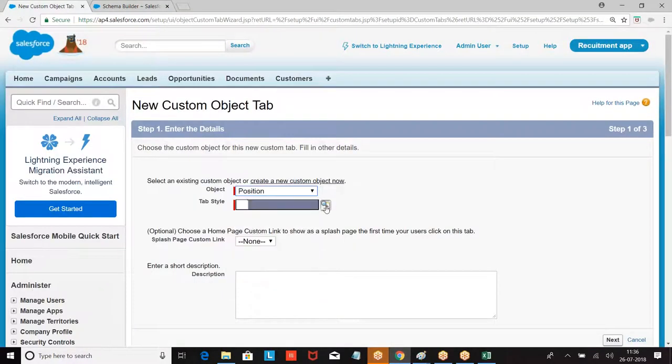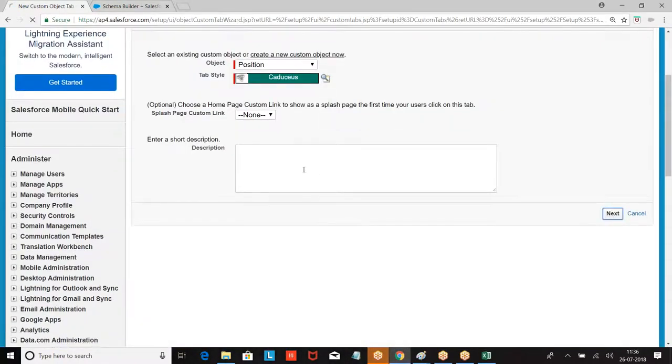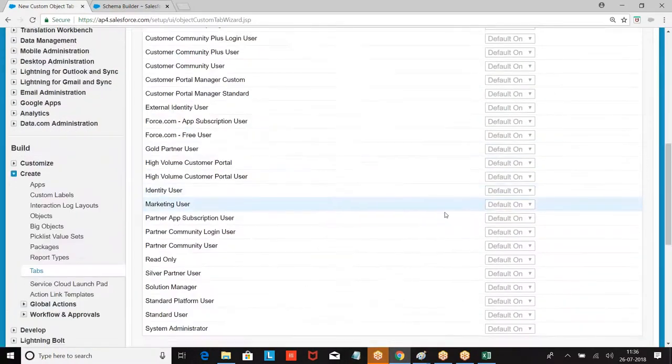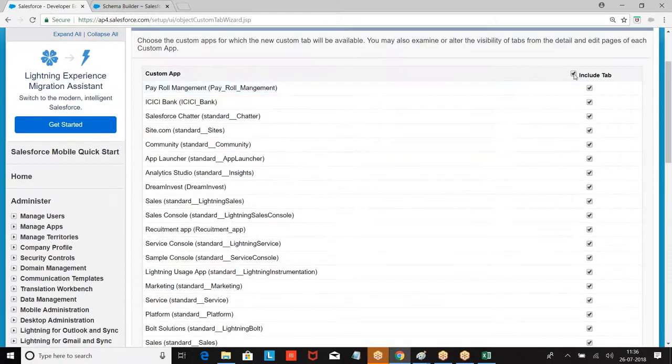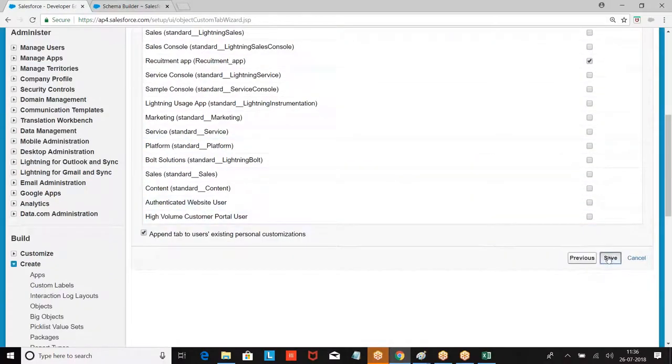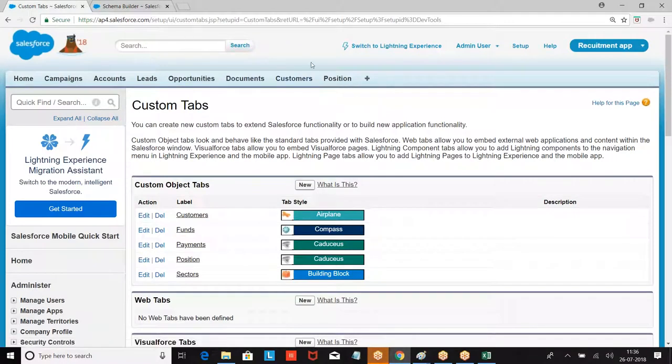Position. Simply give next. Do you want to show the tab in every application? No. Only recruitment tab. This is how we created.